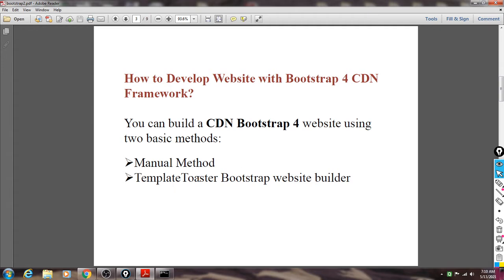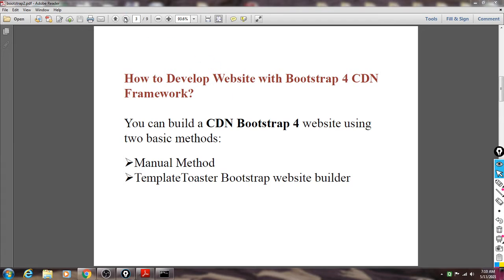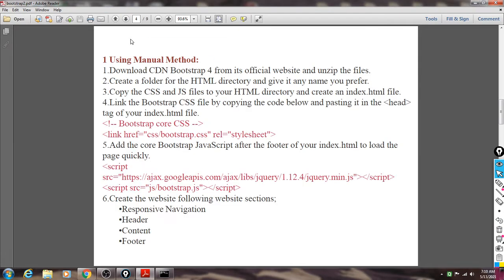We can use that, or we can do it manually, and we will see how to do it manually. So we are using the manual method in our script. When we use the manual method, first, download CDN Bootstrap from its official website. We can download this CDN Bootstrap from any website. Then create a folder for the HTML directory.